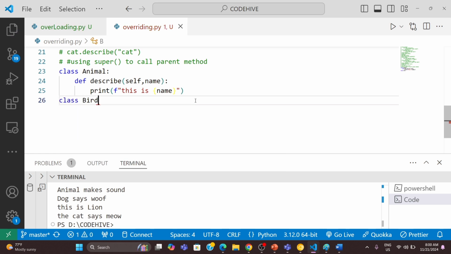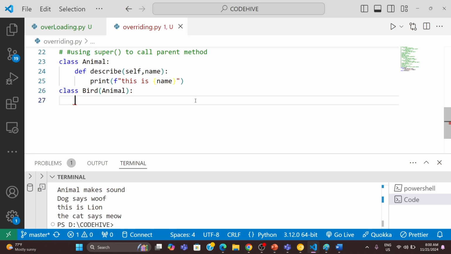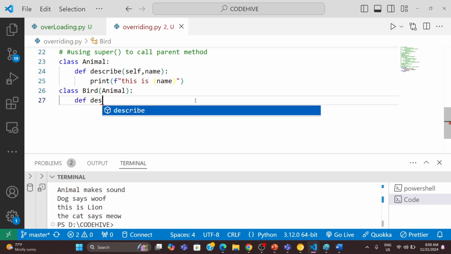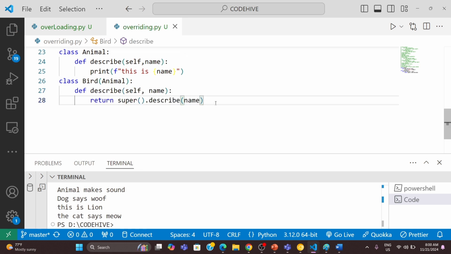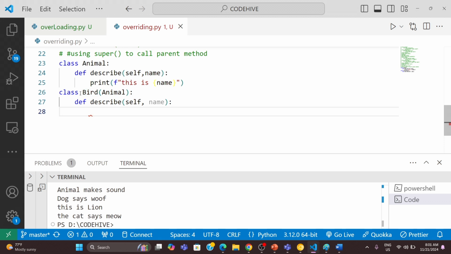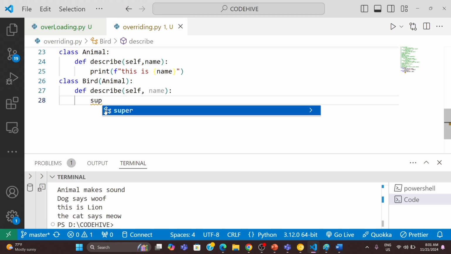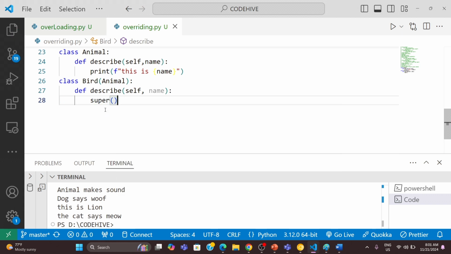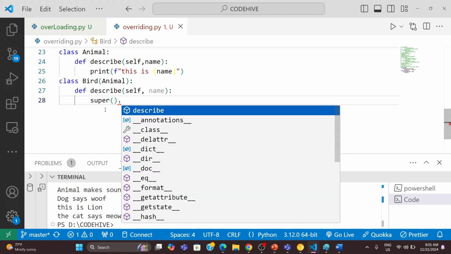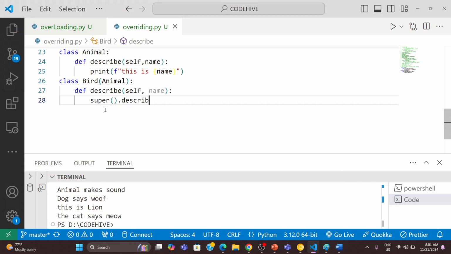So now I am going to create my derived class. I can use Bird. Okay. So this is deriving from Animal, and here I have a function. This is the same name, describe. So we only need to create an object of this child class. Okay, but because we are calling the base class function from this child class function, no need to create an object of this base class. Clear? So here I can call describe, then inside that I can simply pass the name. Okay,